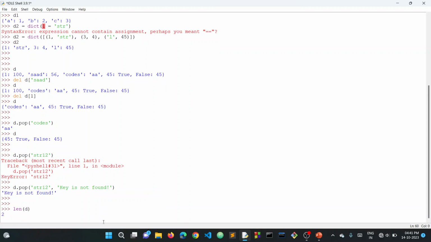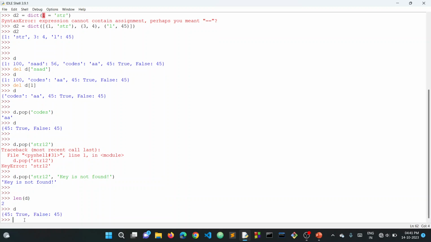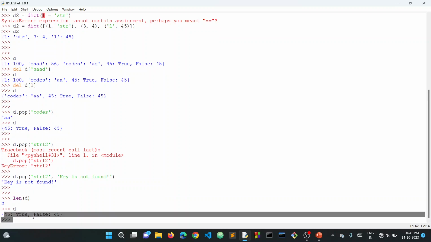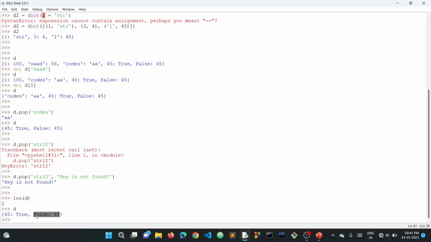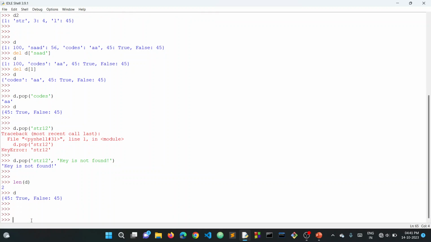Then we will press enter. Here it is giving 2. Now if we look at our dictionary, it contains 2 key value pairs. This is how we can know the length of our dictionary, or the number of key value pairs it is storing. Now coming to the second operation that we can perform on our dictionary, that is using not in and in